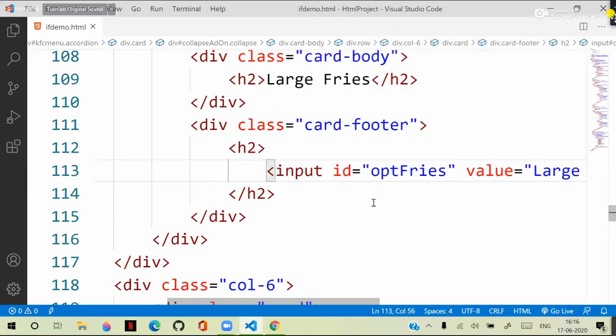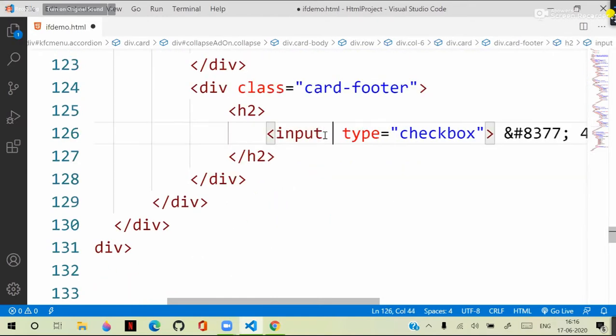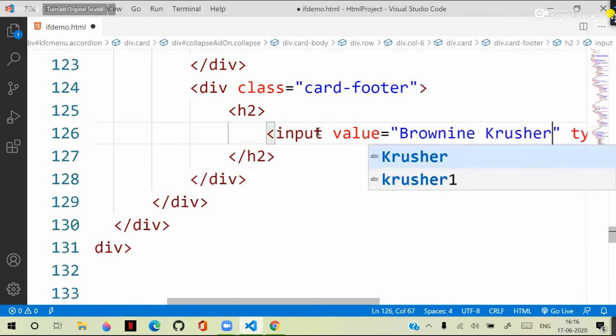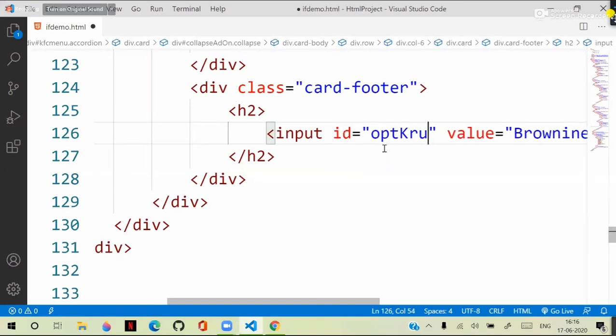Checkboxes user can select more than one, right? And this checkbox value is brownie crusher. Okay. And ID